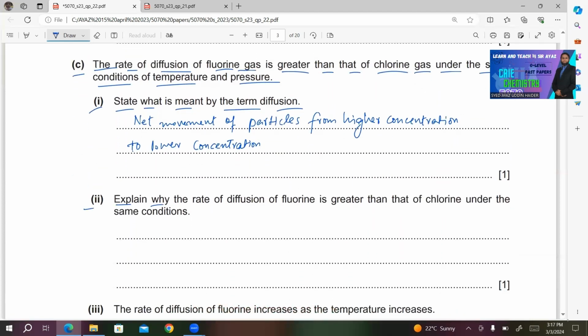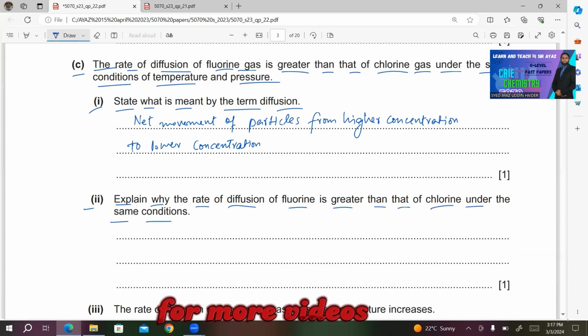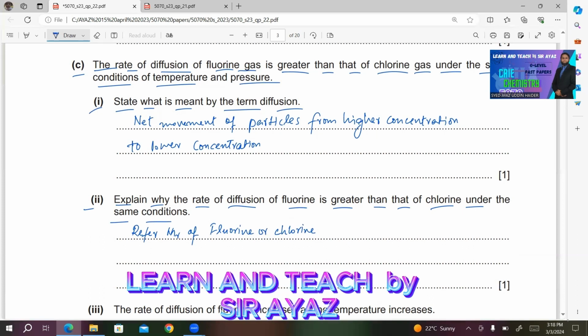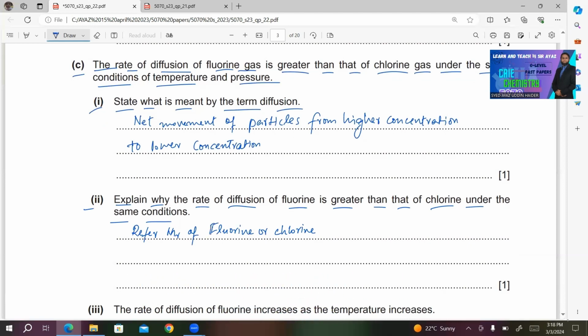Number 2, explain why the rate of diffusion of fluorine is greater than that of chlorine under the same conditions. Simply refer to the MR of fluorine or chlorine. In this case, if you compare the MR of fluorine and chlorine, look at the position of